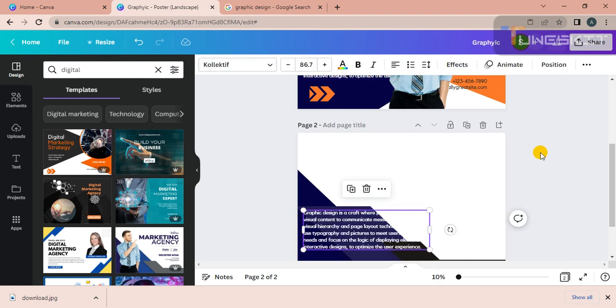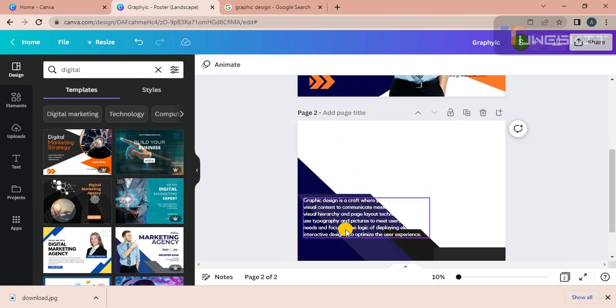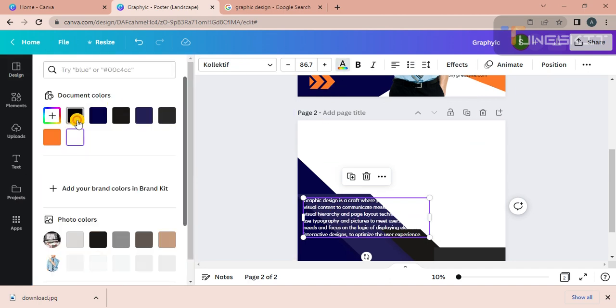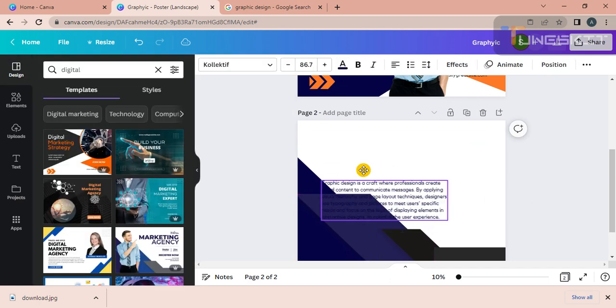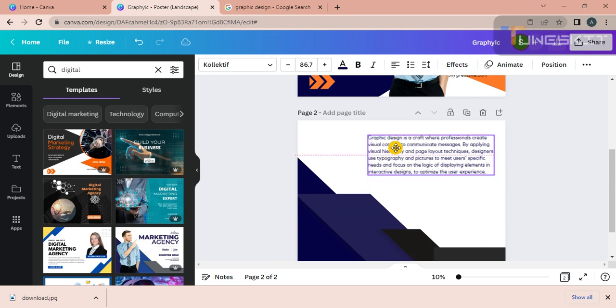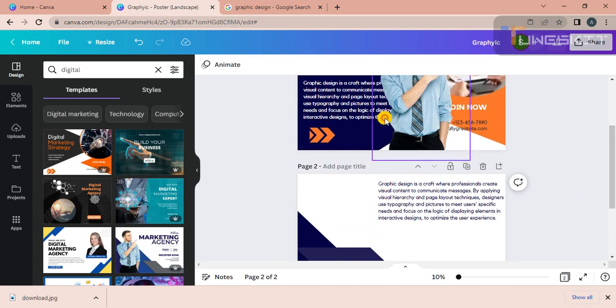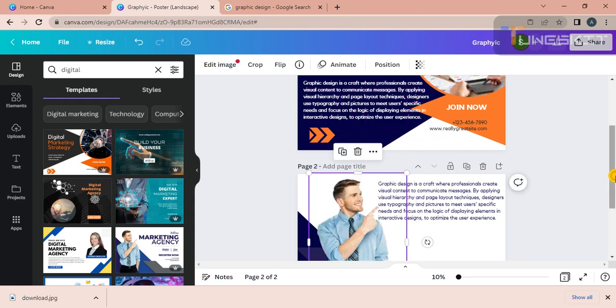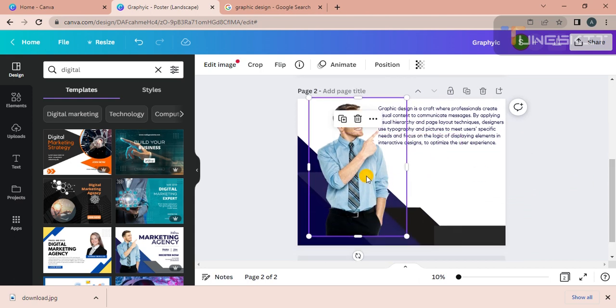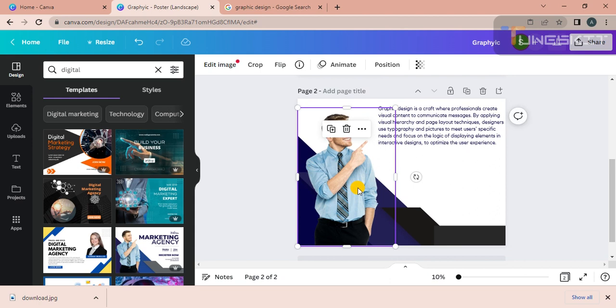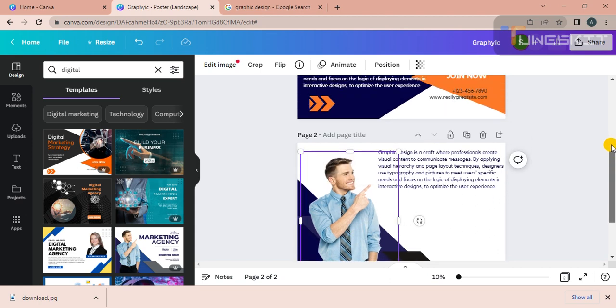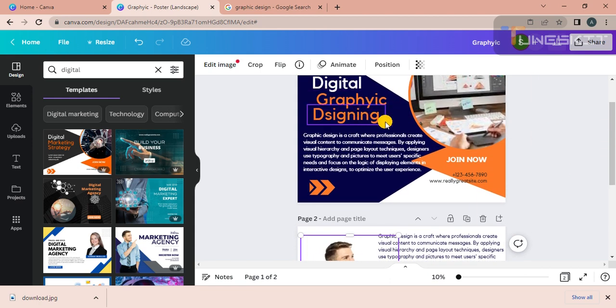Now we're going to change the color into dark blue and put it right here like this. Now we're going to drag the person again to this side and put it here. Now we're going to select